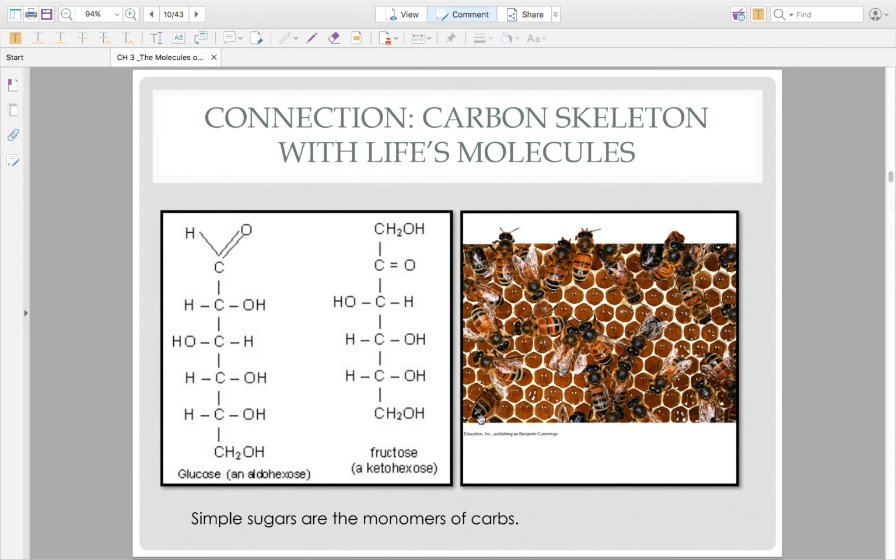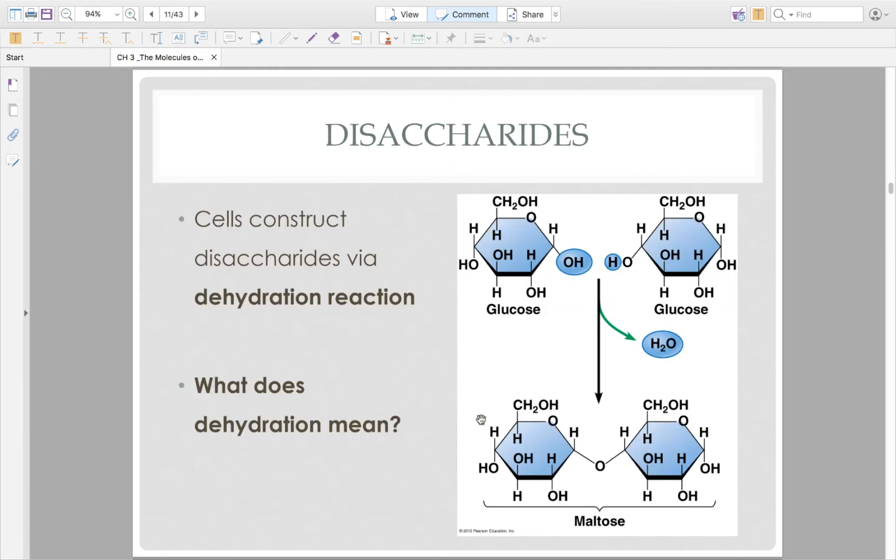That's part of where we get our sugar. That's a good sugar resource. So they toss it in there for good measure. Okay, what about a disaccharide? Well, first of all, the cells have to construct a disaccharide. Plant cells can do it, our cells can do it, bacteria cells can do it, so it's not too hard. All they have to do is